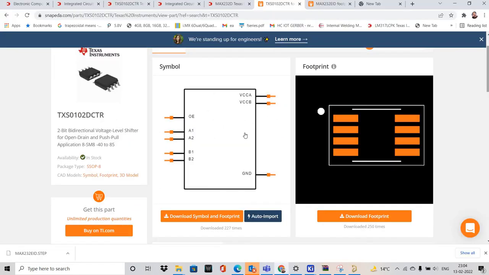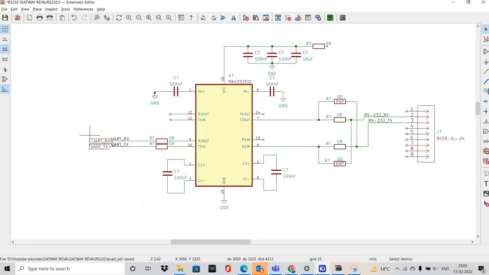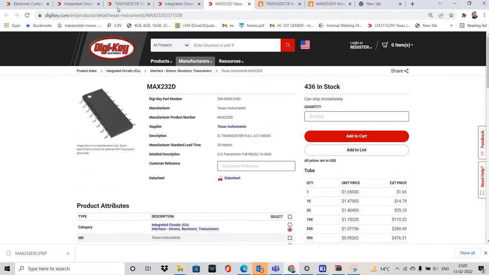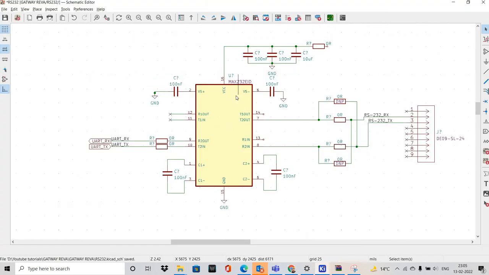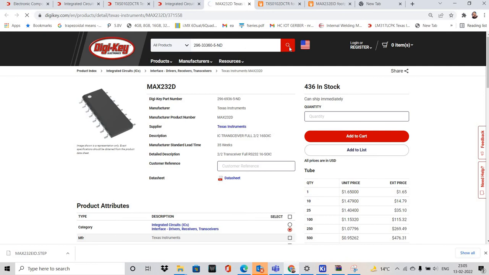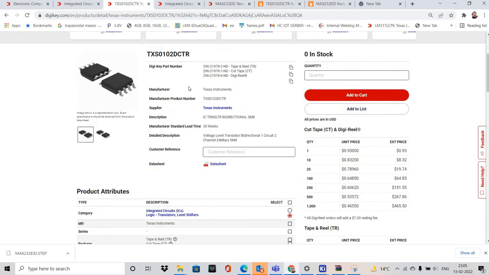Okay, apart from this, the MAX232 IC, we have checked here, and this MAX232 IC has a voltage range of 5 volt. So when I search this device, it has a voltage range of 4.5 to 5.5, so we need a level translator. So we are going to use this device,